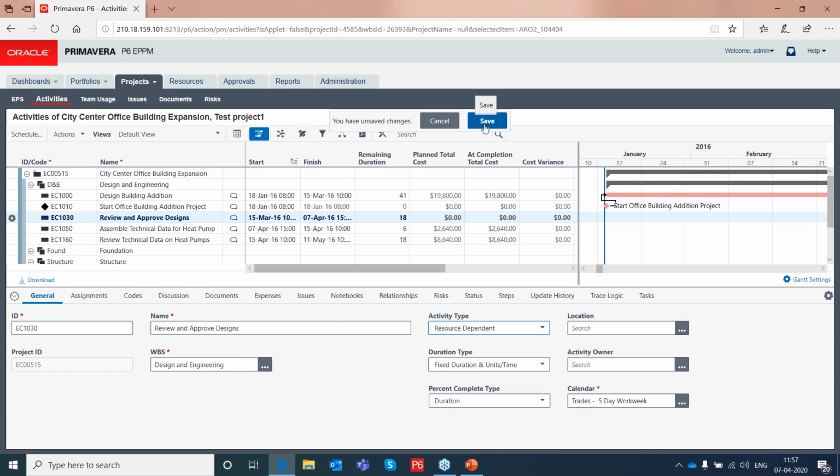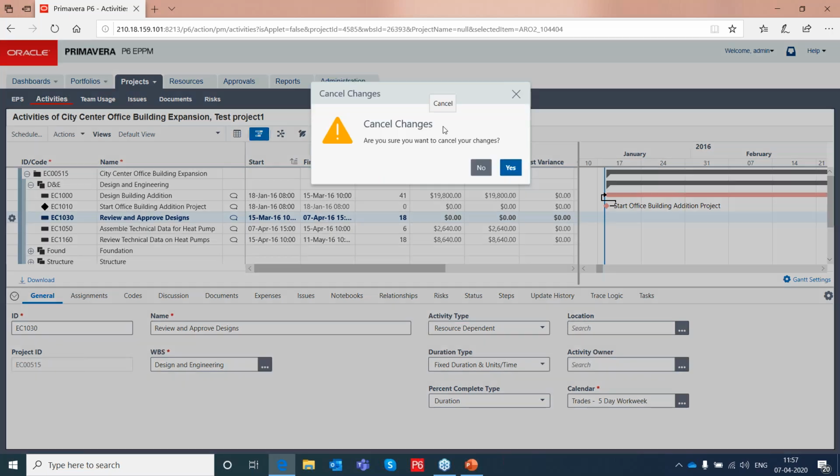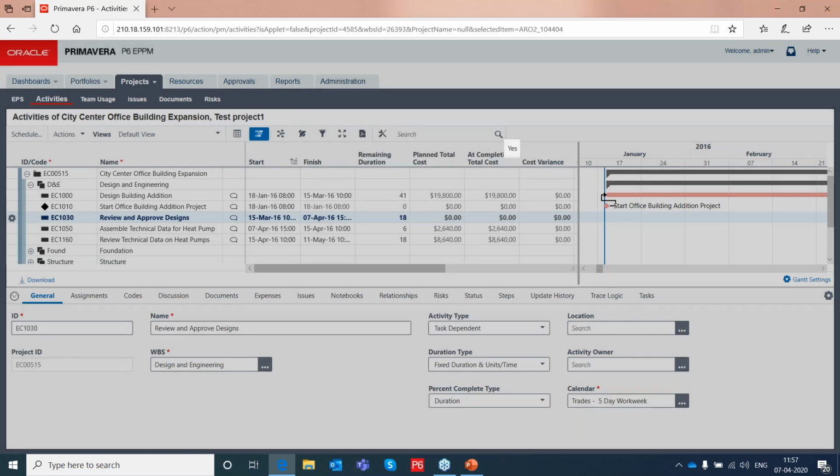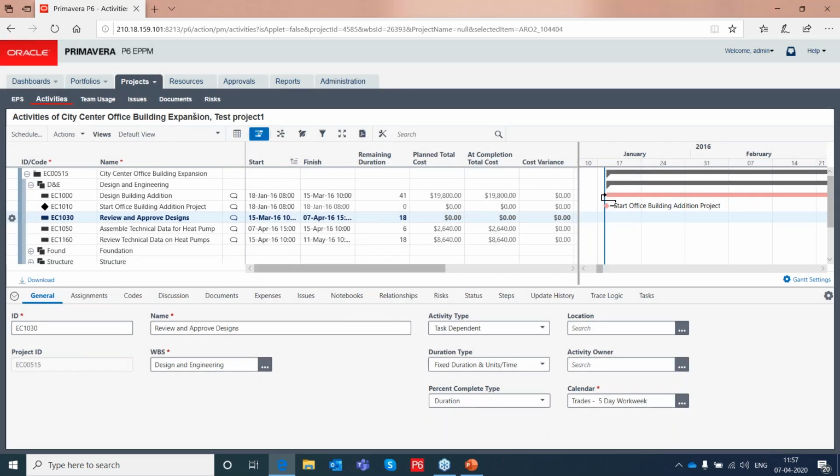So this will help you in spreading the resource units according to the resource availability. You can also have a calendar which is specific to a resource, and you can use that calendar, and the resource dependent activity will be behaving based on the resource calendars, right?